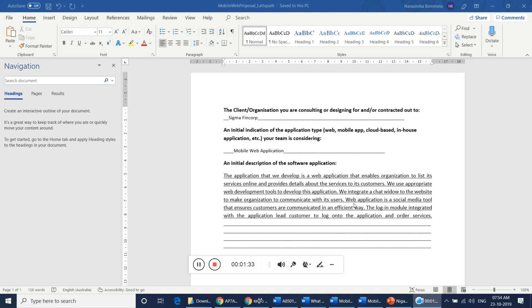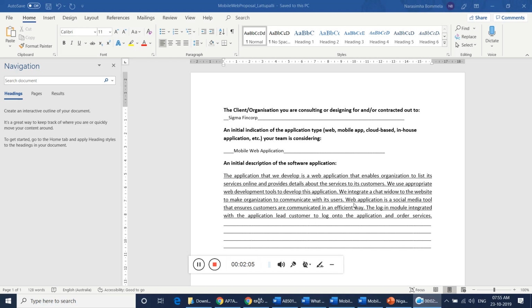Based on the requirements provided by the client, we understood that the organization is having a communication issue. To overcome that communication issue, we are proposing a mobile web application development for the organization. Because of this, it becomes easier for the organization and the people working for it to have a better communication channel. This is one purpose, and the second purpose is